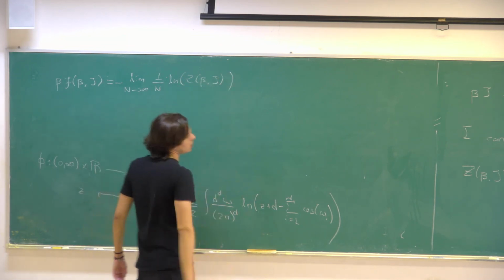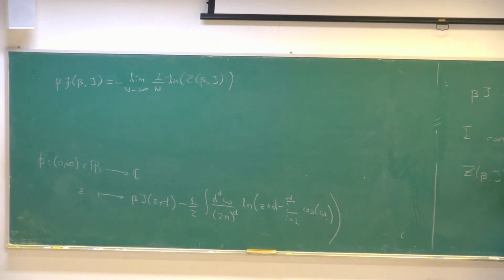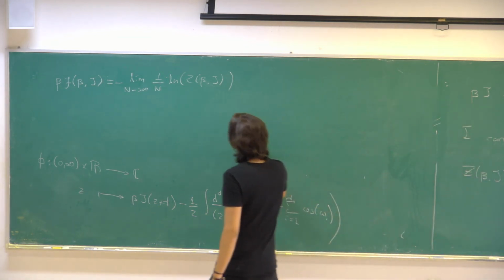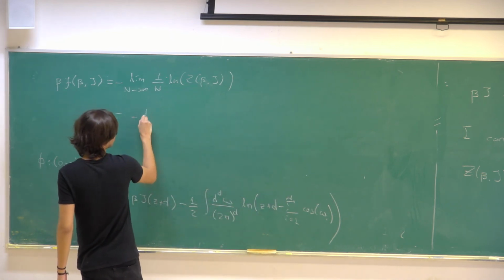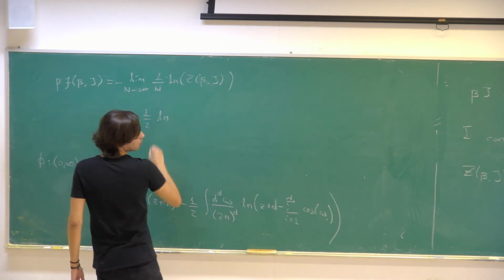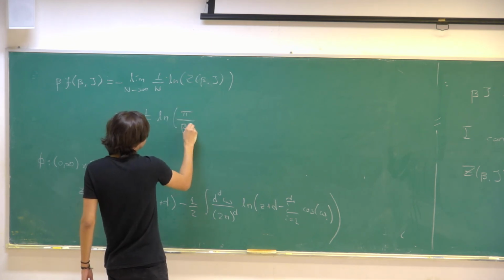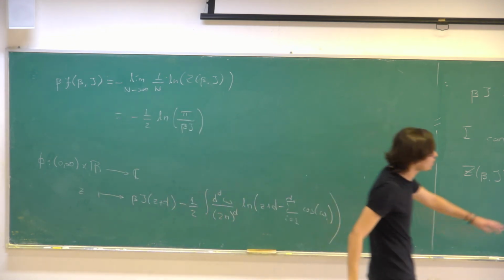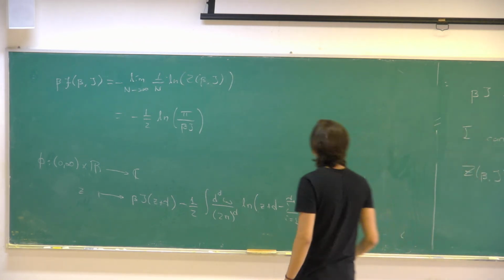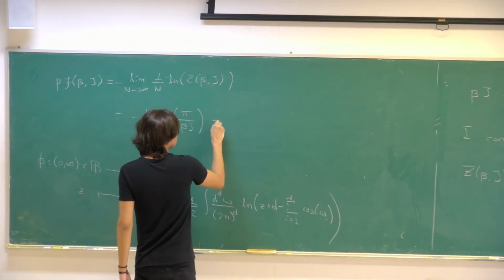And this is easy to calculate. So this won't contribute because this doesn't depend on anything. So this would have a 1 over n factor in front, and it will go to 0. This contributes, and this contributes a minus 1/2 of the logarithm of pi divided by beta J, right? This term contributes because it's proportional to n under the logarithm, so that's minus